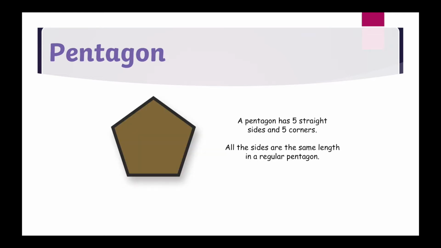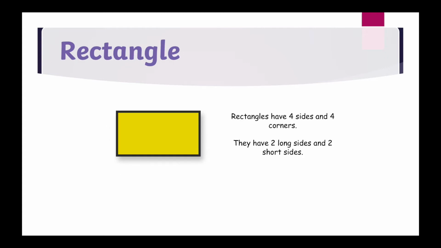Now this one may look a little bit new to some of you. This shape is a pentagon. A pentagon has 5 sides, 5 corners, and in a regular pentagon, all of the sides are exactly the same length. A rectangle has 4 sides and 4 corners, but on a rectangle, not all of the 4 sides are